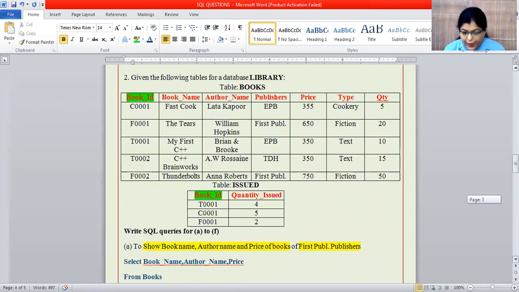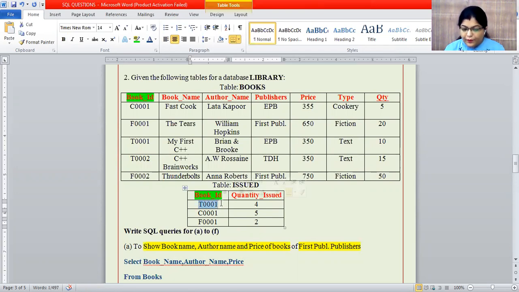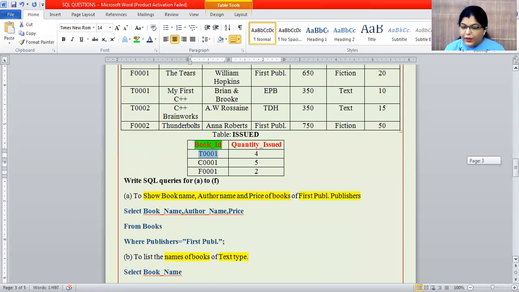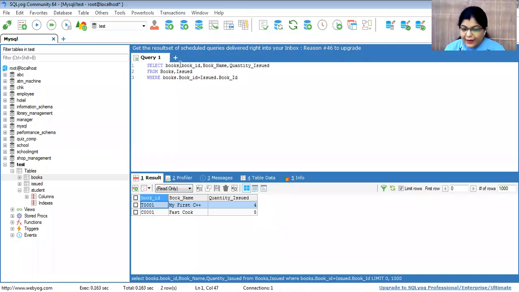See here now, where it is to be same, T001 here it is same, C001 here it is same. So wherever the answer is same, they are giving only that answer. So select books.books_ID, books_name, quantity_issued from books, issued.